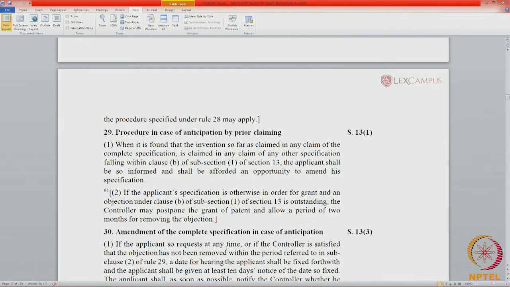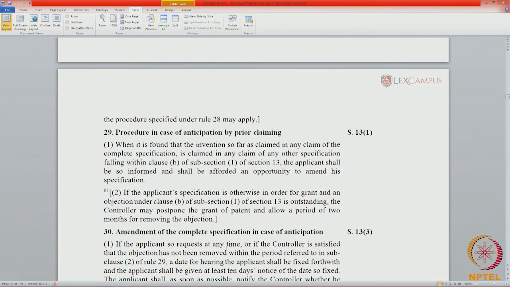Rule 29, procedure in case of anticipation by prior claiming. Rule 29(1) deals with the procedure that has to be followed when there is an anticipation by prior claiming. In Rule 28, we saw that in Rule 28(1) there is an investigation and the controller is satisfied that there are certain objections.